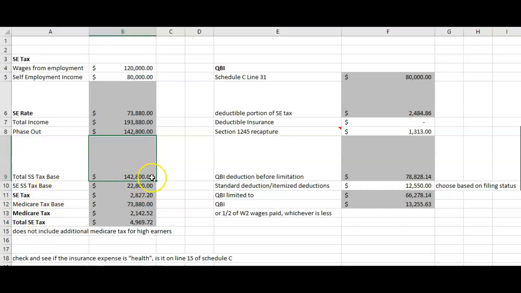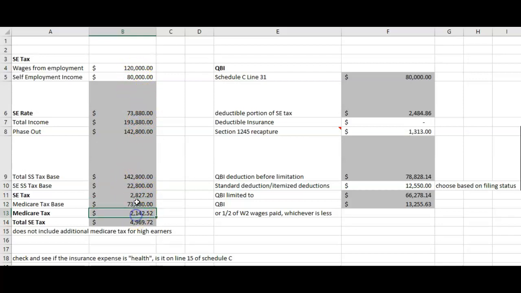Total Social Security tax base, $142,800, which is the lesser of the total income or the phase out, whichever is smaller. In this case, it's $142,800. The Social Security portion of the self-employment tax is based on $22,800. The self-employment tax is going to be B10, which is the Social Security tax base for self-employment income of $22,800 times 12.4%, and Medicare tax is $73,880, and that is the